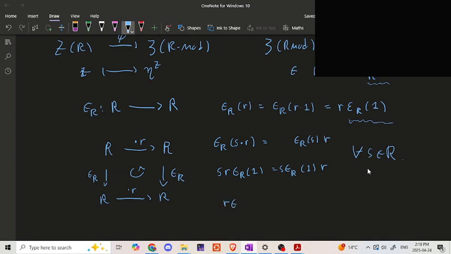So in particular, R eta R1 must be eta R1 times R,